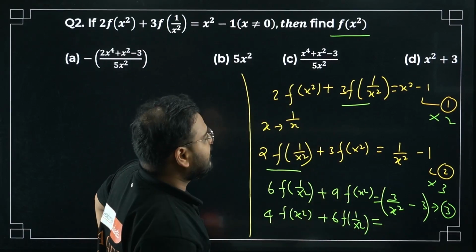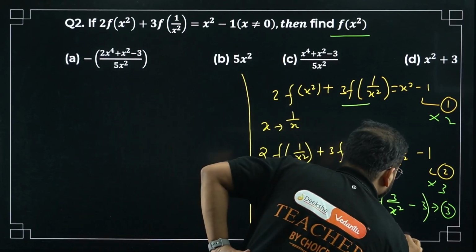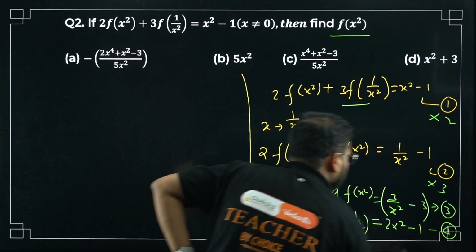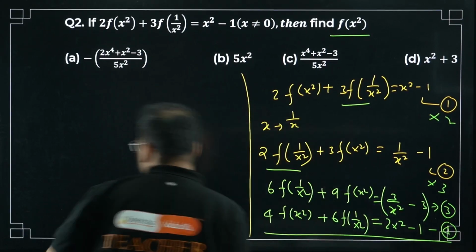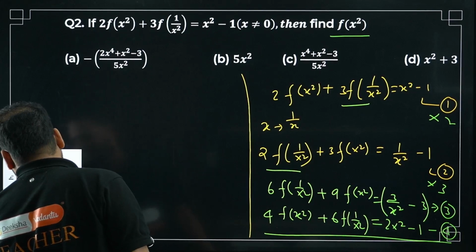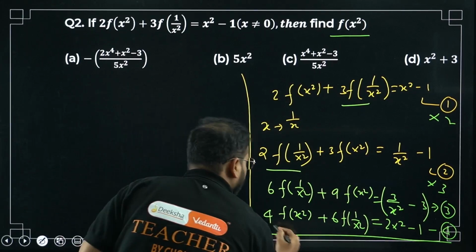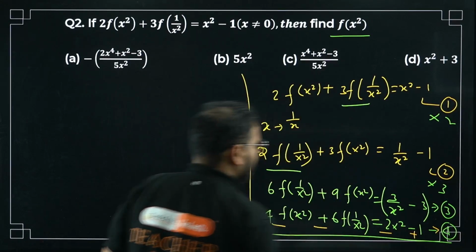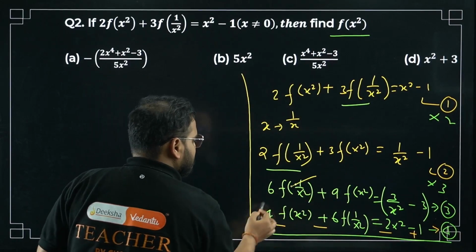Okay, I think you can see the answer now. I can subtract, right? It will become 2x square minus 1. This is my equation number 4. What I'm doing here, sir? Subtraction. I'm doing subtraction here. I'll change the sign. Please have patience with me. I'm going to change the sign over here. Minus, minus, minus, plus, right? This is the arrow part. Okay, what I'm getting here, this and this is cancelled.